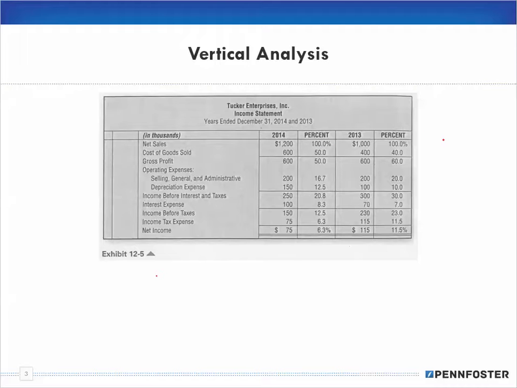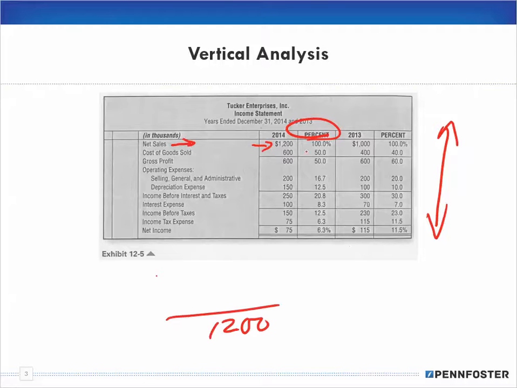So vertical analysis, we're looking at things going up and down, all right? And basically it's in the form of a percentage. As a percentage, like here, I'm going to start out with net sales. If I have net sales, I'm using that as the base. Remember, portion, base, and rate, if you go back to your math, right? If I use the net sales as my base, in this case here, $1,200 for 2014,